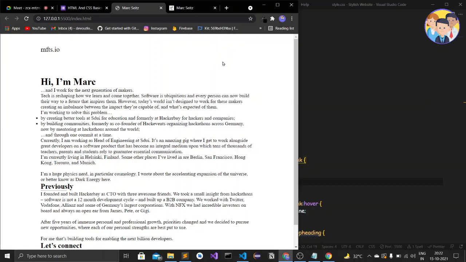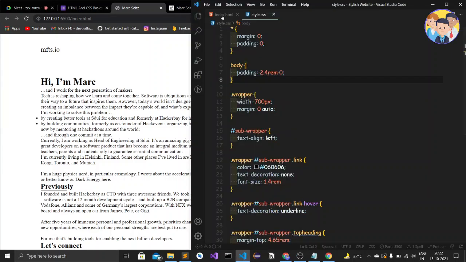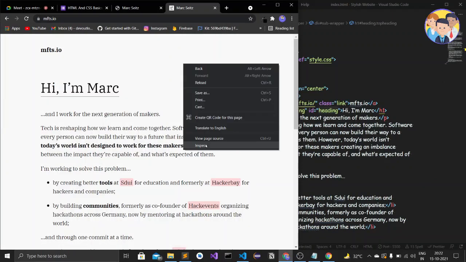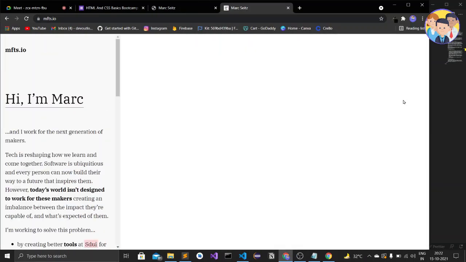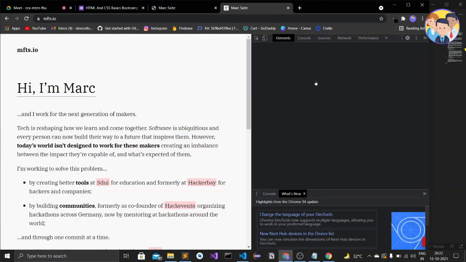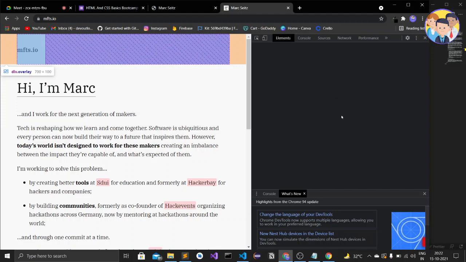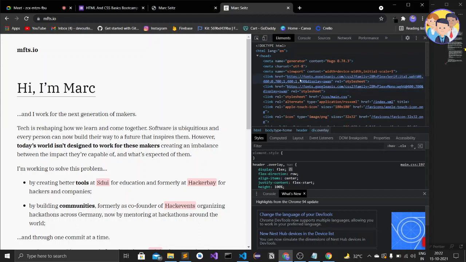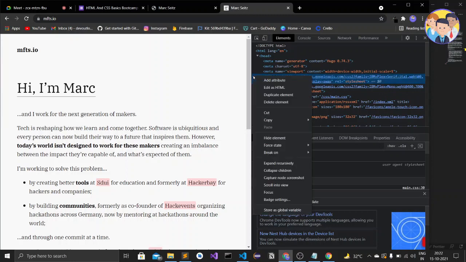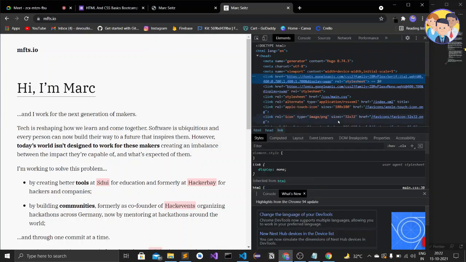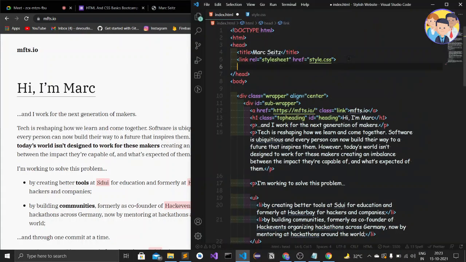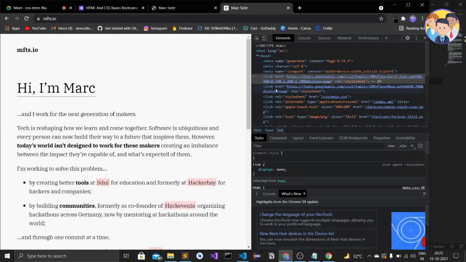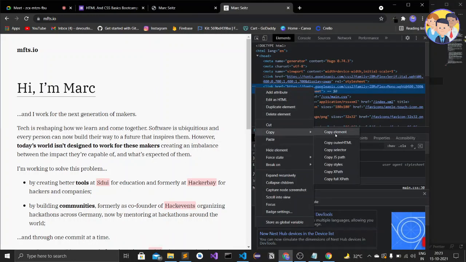Now we are going to add two additional fonts. Okay, two external fonts which are used in this website. So let's inspect this website, and here I'll just open this element. Just a minute, let it open. Okay, in this element I'll just open this head tag. And here there are two links from Google, Google fonts. So I'll just copy these two links. Copy element, and here in the head tag I'll just paste it. Okay, so this first link has come, let's copy the second link, copy element.